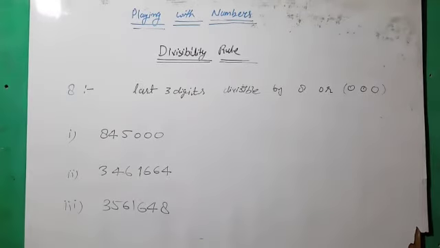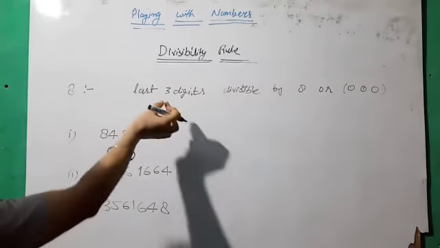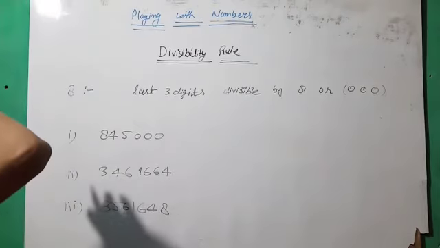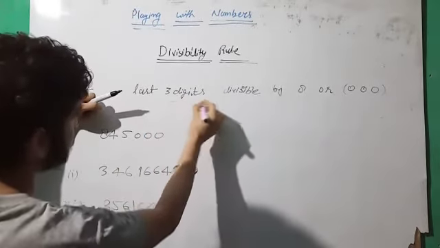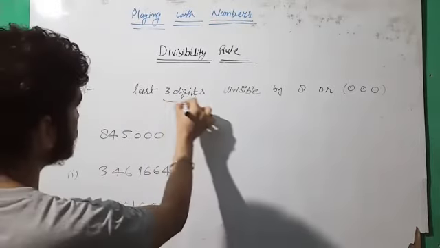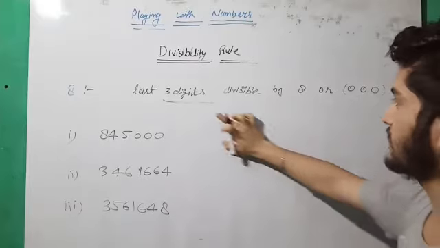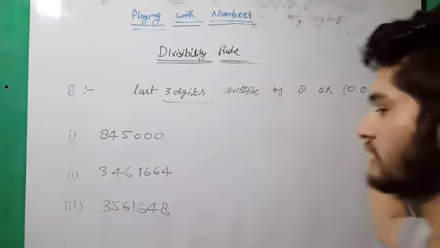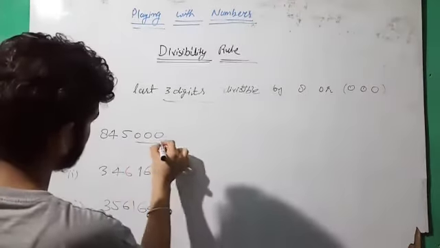Okay. Now divisibility rule of 8, similar to the divisibility rule of 4. Here you have to check the last 3 digits instead of the last 2 digits, as we checked for 4. Check the last 3 digits, or 000. If the last 3 digits are divisible by 8 or the number ends with 000, then it is divisible by 8, otherwise no. The first example ends with 000, so directly the number is divisible by 8.